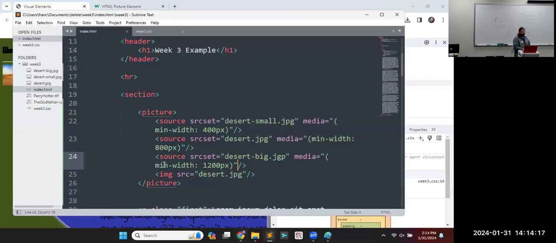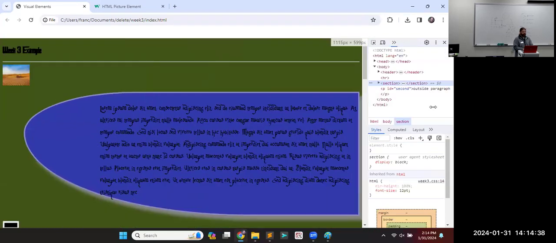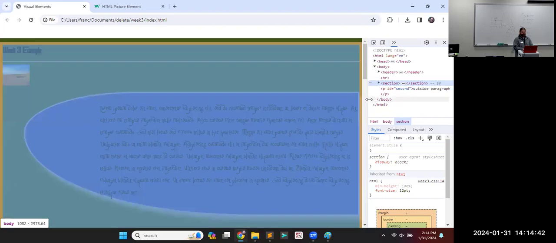But yes, you're on here. Yeah, about 800 in them. When it passes 800, at a minimum width of 800 pixels, start showing the middle one. And a minimum width of 1200 pixels, start showing the biggest. But since it already worked there, it's going to show our smallest picture and just keep showing our smallest picture. I guess I shouldn't go to 1200 because we can't see the number, but